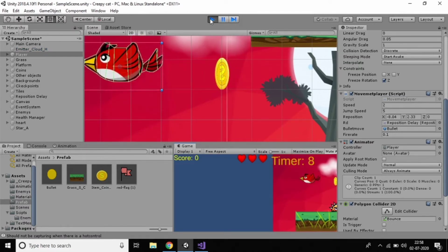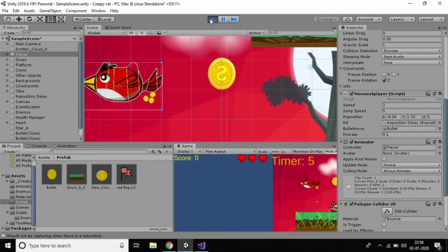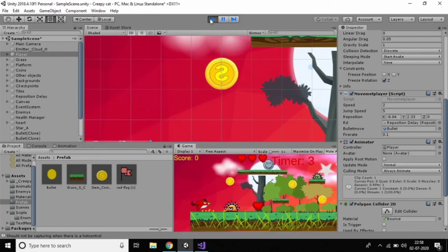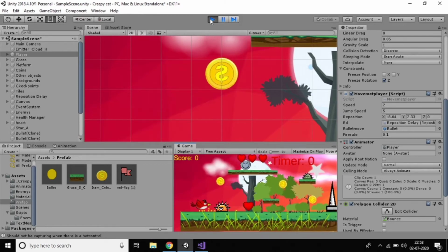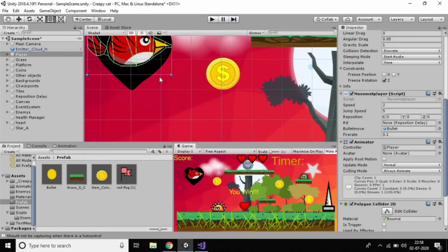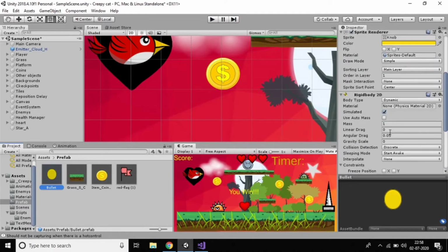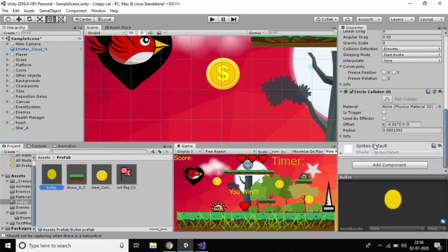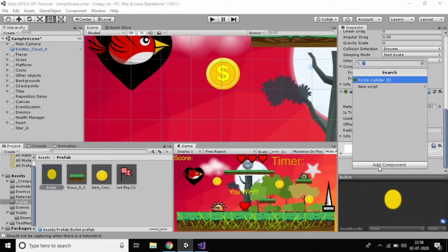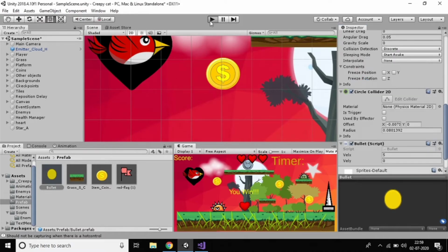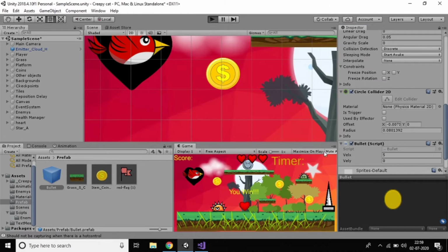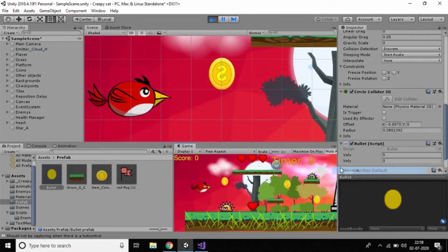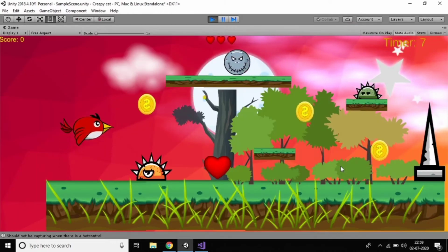If I play the button and click, did you observe that my bullet was still coming to the left side, it was not coming to the right side? This is the drawback of getting bullets on the right side. I think my bullets were not moving, right? So just add the component. It was still not moving because I didn't add this one. Now you can observe the bullets will move smoothly.